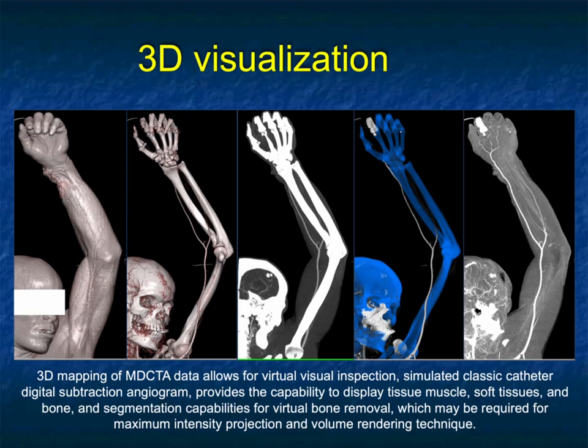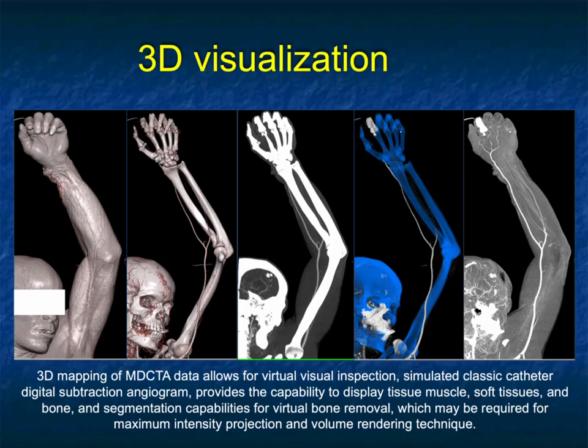Now, when we do 3D visualization, there's a lot of things we do. You can show the soft tissues. You take the soft tissues away, you see the bone and vessels. You can look at the bone and vessels with volume rendering or with MIP. You could then take the bone away and just have the vascular map. So again, the importance of using the data and streamlining this process cannot be overestimated, and just a very nice